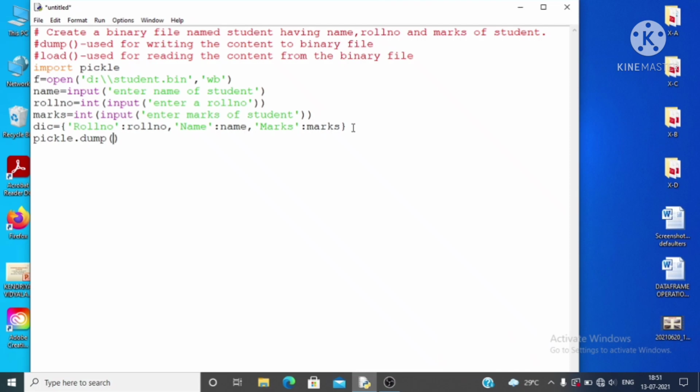The first parameter is the data which you want to insert in the file. So the first parameter will be dic, the dictionary which I want to pass to the binary file, and the second is the file object. So with f as the file object, this instruction will write the contents of the dictionary to the binary file named student. f is the file object. Close the file.